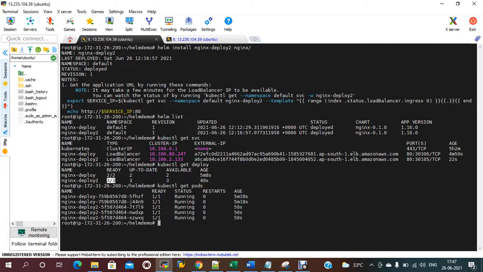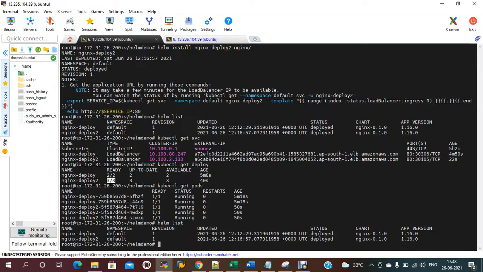Now if you want to delete deployment 2 or deployment 1 from the helm list, at that time you need to do helm uninstall and give the deployment name.